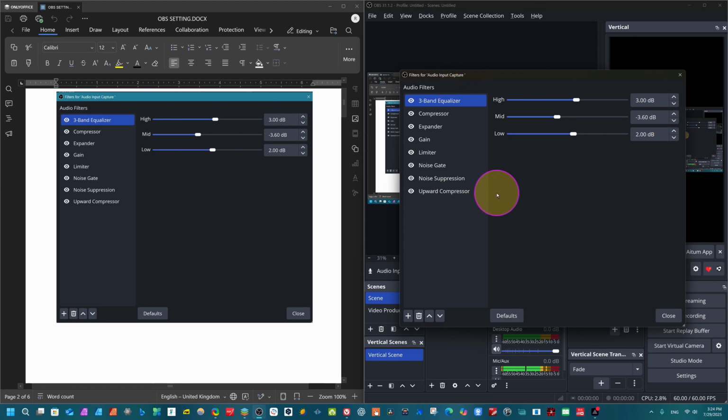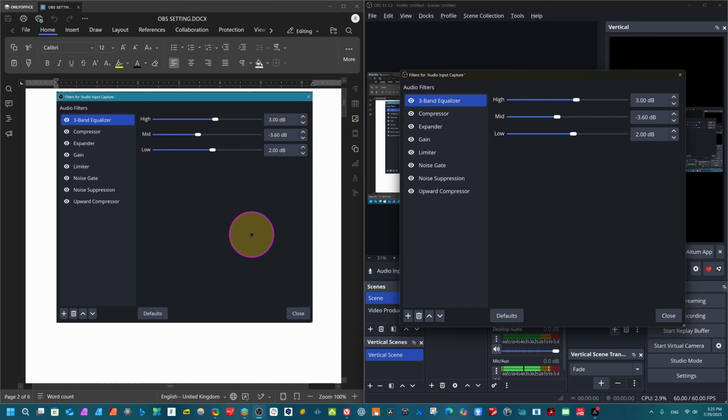So I have the best possible setting here, dear friend. So you can see here 3-band equalizer. It means that if you are a male, you can make the best possible settings. I have made these settings according to my voice, but it may be applicable to you. If it's not applicable, change a little bit, not too much. Okay, these are the settings which will affect your audio too much. Even if you have the best dedicated microphone, if you do not have these settings, the quality of your audio will not be so good. 3-band equalizer, we have this setting, and directly you can type from here.